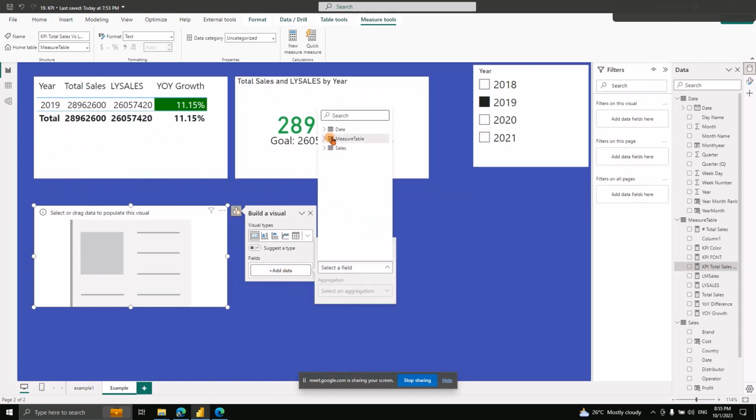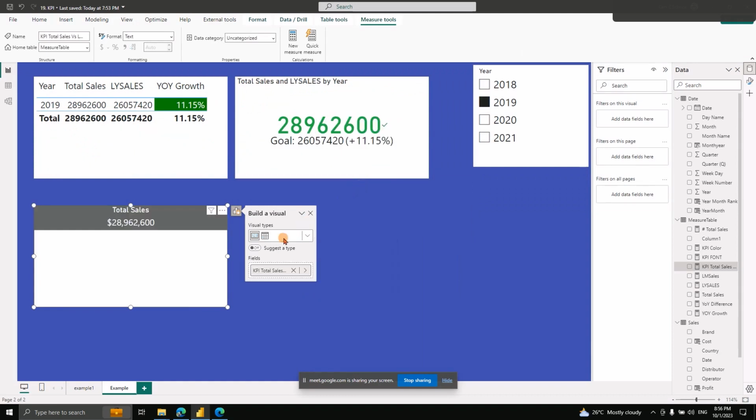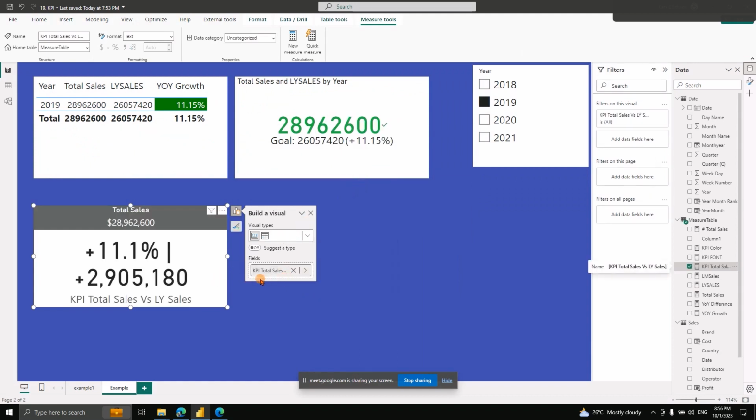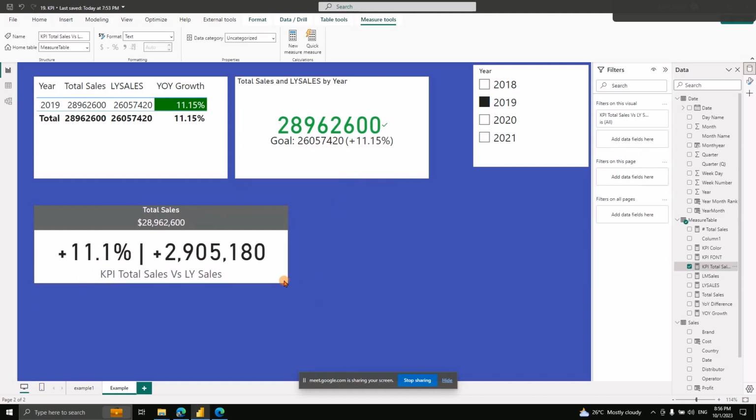I'll bring in this KPI total sales and show you how it is working. As soon as I bring in the total sales, you could notice that I have this 11.11%. If my 2019 is selected over here, it is from the previous year value. It has grown by 11.15%. Here I have restricted to only one decimal, and the difference you could see is like 2.9 million,